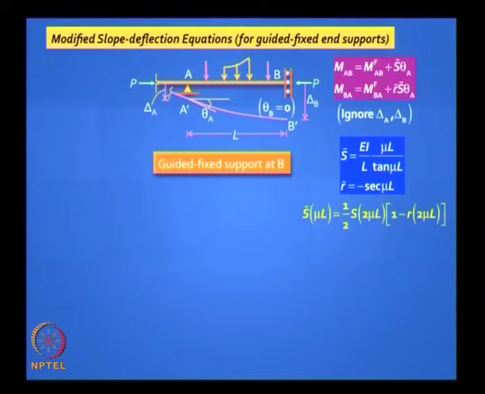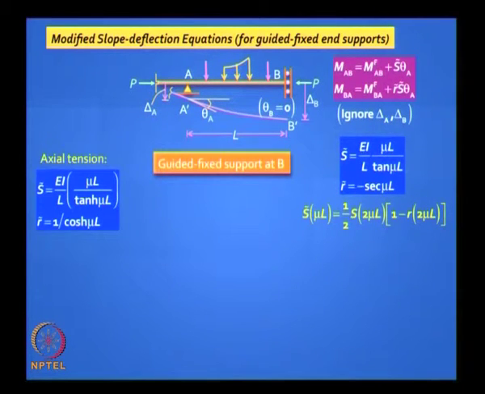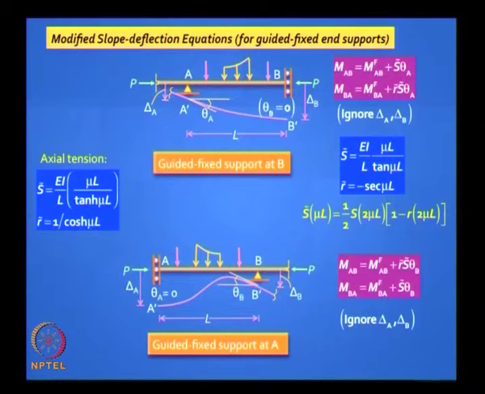You can also take advantage, if you wish, of guided fixed supports. You need to have some fresh expressions. Remember the normal stiffness value is EI by L, the default value, but you can have S tilde and R tilde. I suggest you do not do this because it really needs a very good understanding. So I am just showing it for you in case you want to use it, but you can stick to your basic slope deflection equations where you have R and S, and take advantage of S naught when you have the far end hinged. This you need not.